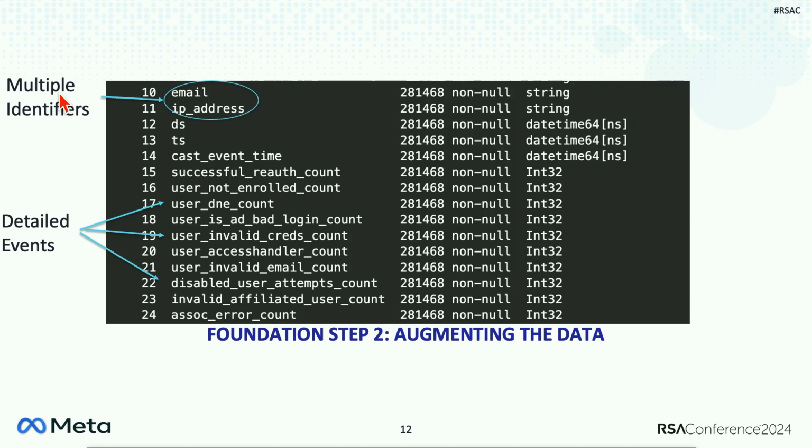That means there are some cases where these users have never been associated with a presumably successful authentication event. We can also see here that this second table has a number of additional details. One is the inclusion of our IP address. And in the second case, you'll notice a number of these columns are very detailed. These are called derived columns, where we have pulled out those different error types from those error logs, and then we've created a count per the specific cast event time. We'll need both the cast event time and these particular counts so that we can perform the aggregations in our last step.